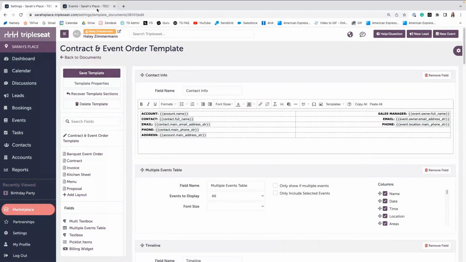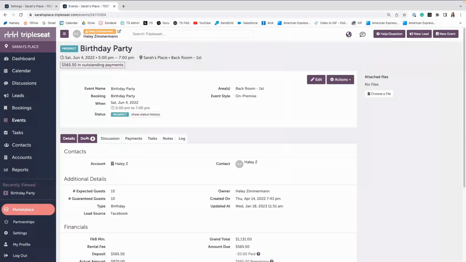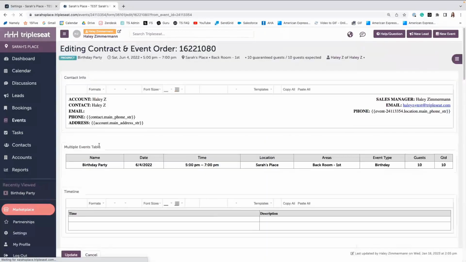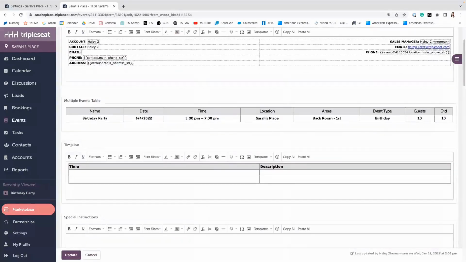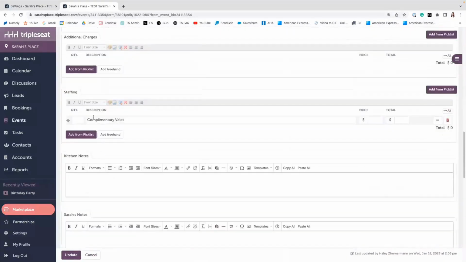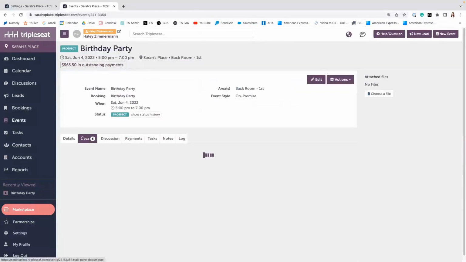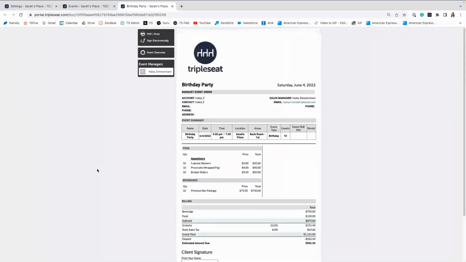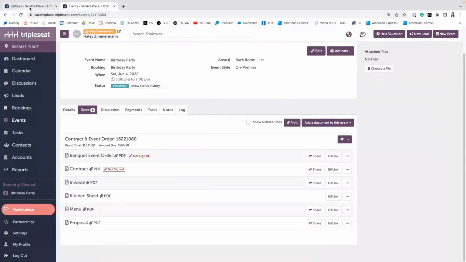So just for an example as a visual, heading back over to that event that we were working on, we click into our template, we will see that newly created timeline section, and we will see that newly created staffing section. However, if we go to any of these layouts, they haven't been placed on there yet, so they're not visible yet. But heading back over to your settings,